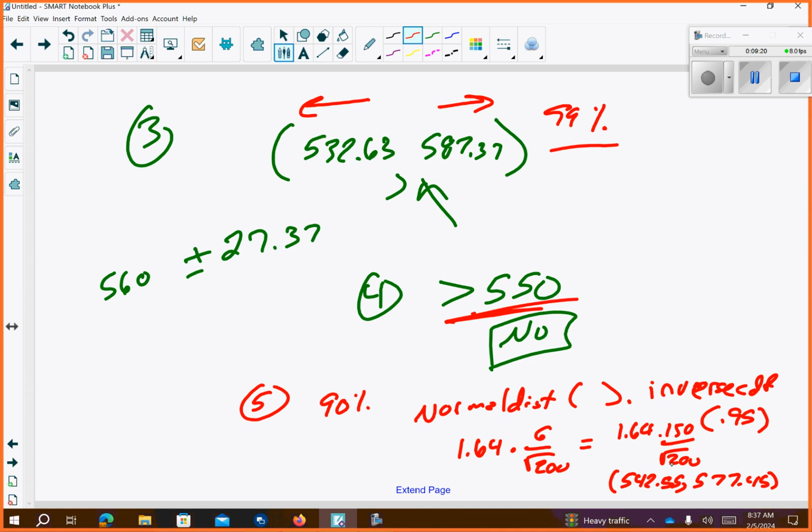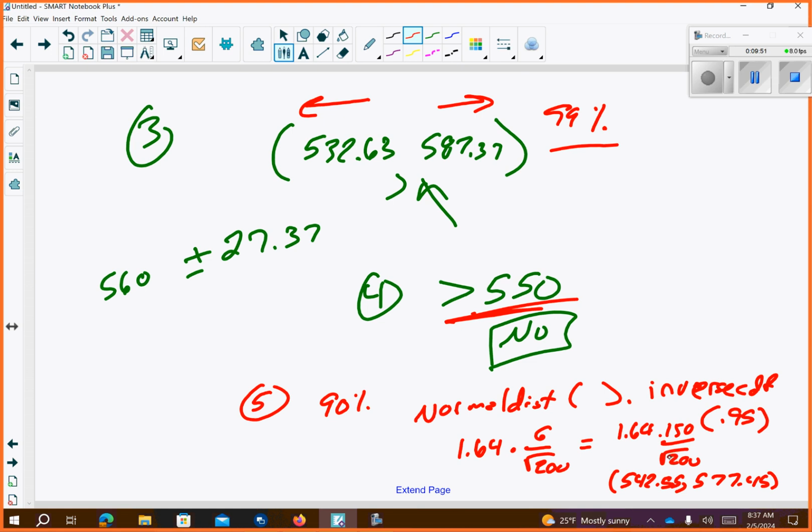This was at a 90% confidence interval. The 99% was a lot more broad. The 90% is more narrow. Okay? So as our confidence level drops, that means that we're closer and closer to what our actual parameter, in this case of 560, would be. And that's the way it should be working. And to interpret this, we're 90% confident that our textbooks fall within that region. That's